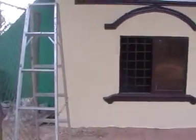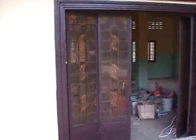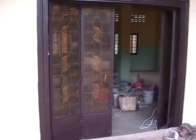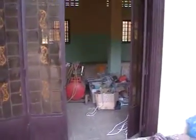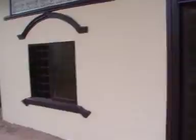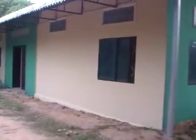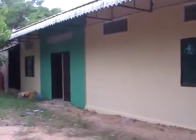I think I've already shown everybody this wall, which is nice. The classroom has been completed except for these doors and the windows. But that's okay. That'll happen, and I'm not really overly concerned about that. The inside has been done. The floor has to be cleaned, and the tools have to be stored and inventoried properly. So that's done. And this area here, which we're hoping someday will be a homestay area,